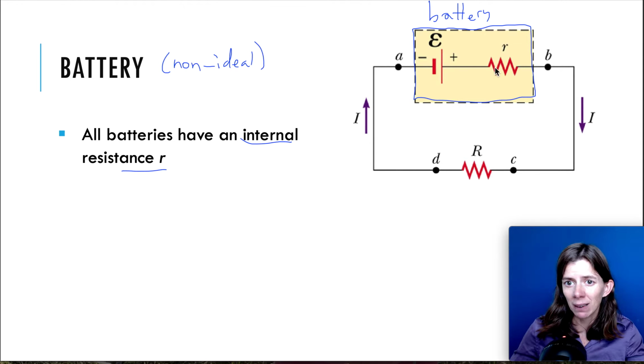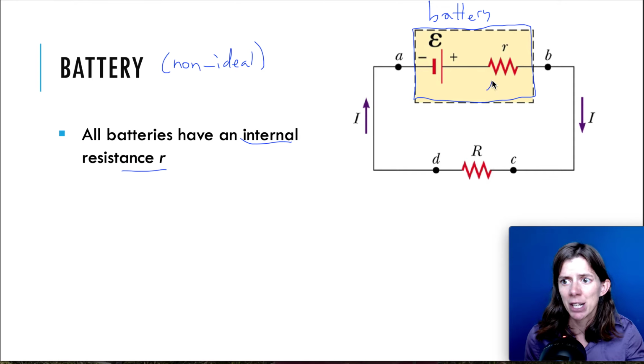What this means is that there's going to be some energy lost when the charges move through that internal resistance. When they move through, they collide with the atoms, the resistor heats up, and that energy is lost to the surroundings. There's energy lost across this resistor as the charges go through it, which means that there is a potential difference